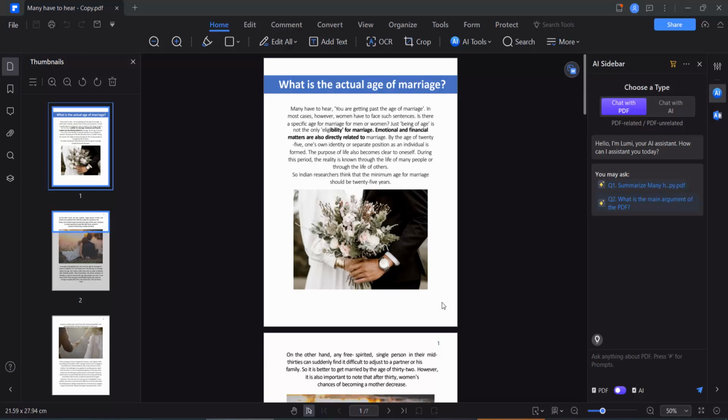Hello everyone, today I will show you how to convert a PDF document to PDF/A format using Wondershare